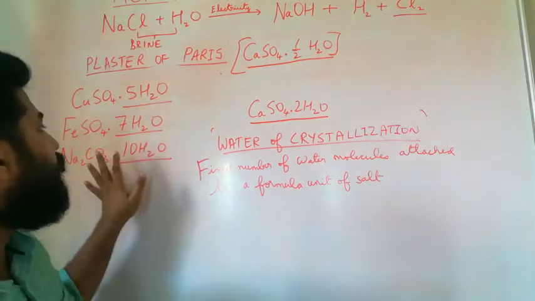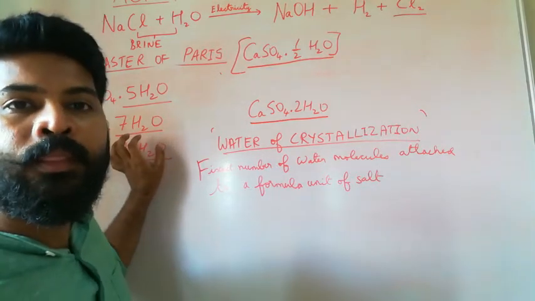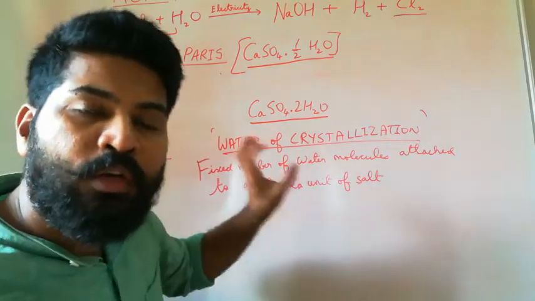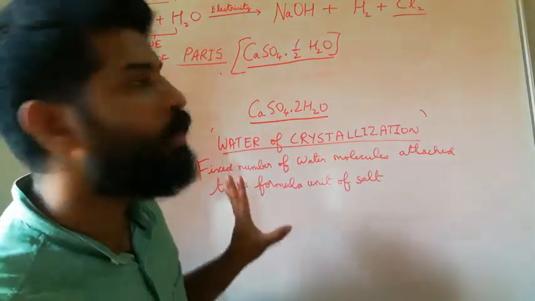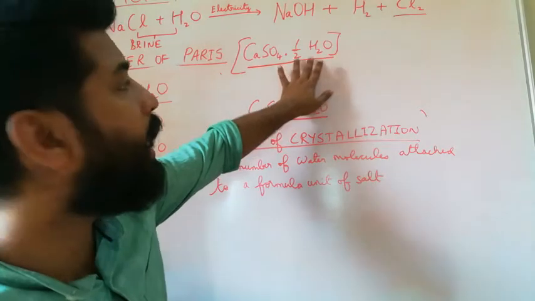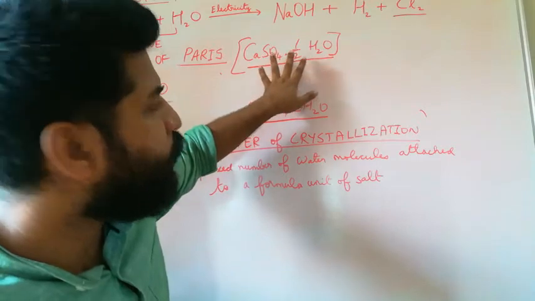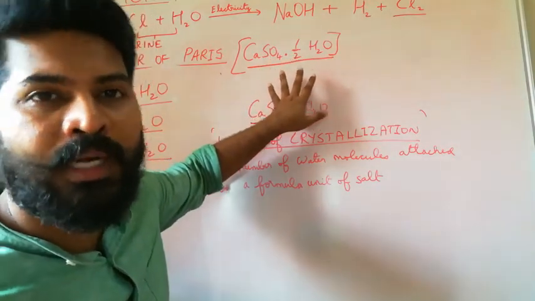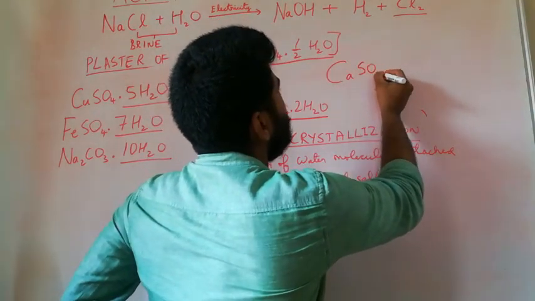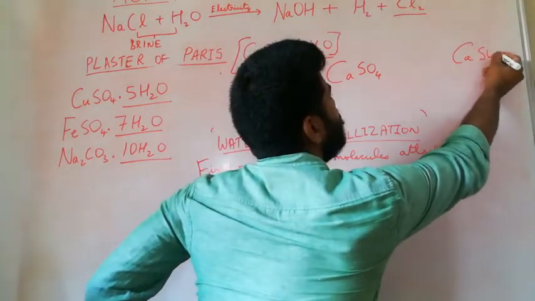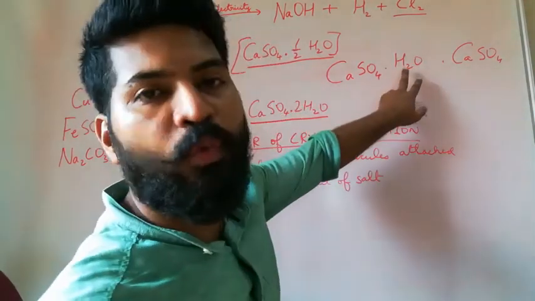Similarly, if we heat washing soda, it will lose the water of crystallization and it will become sodium carbonate. So this water of crystallization is the one which is providing the color and property to the salt. Similarly, in the case of plaster of Paris, we have half molecule of water attached to calcium sulfate. You may ask how half molecule is attached. It is very simple. Actually, what happens is two calcium sulfate molecules both share one molecule of water